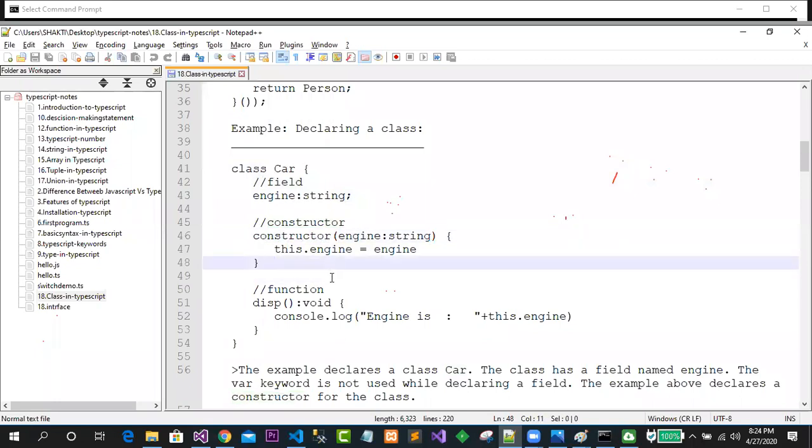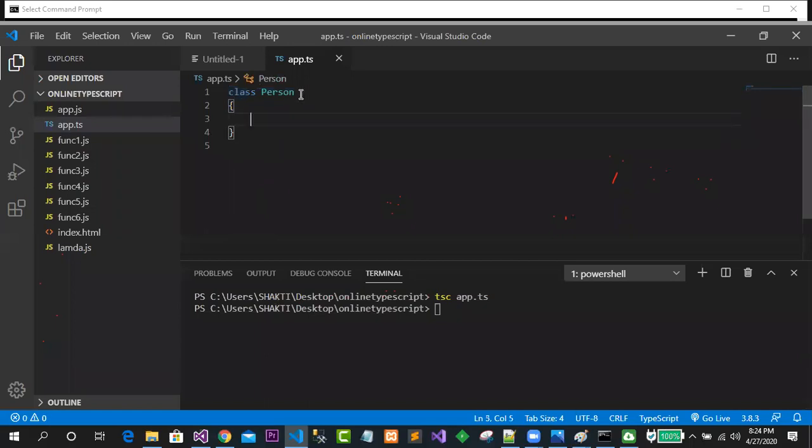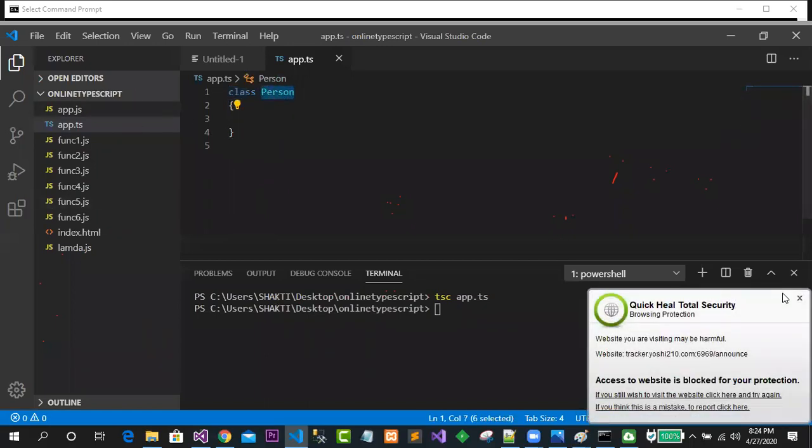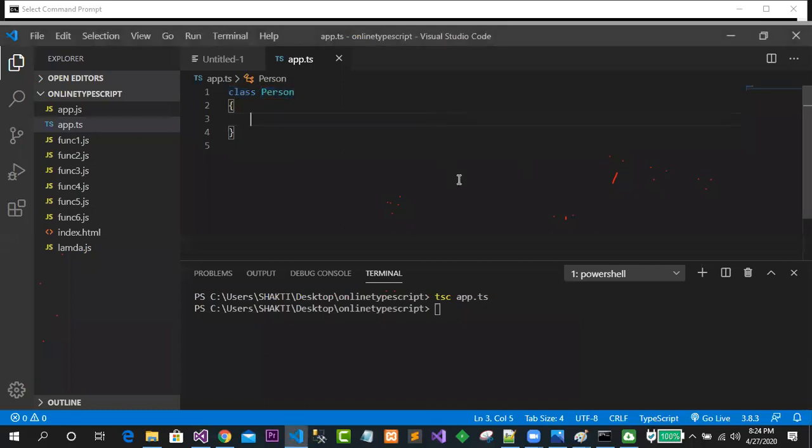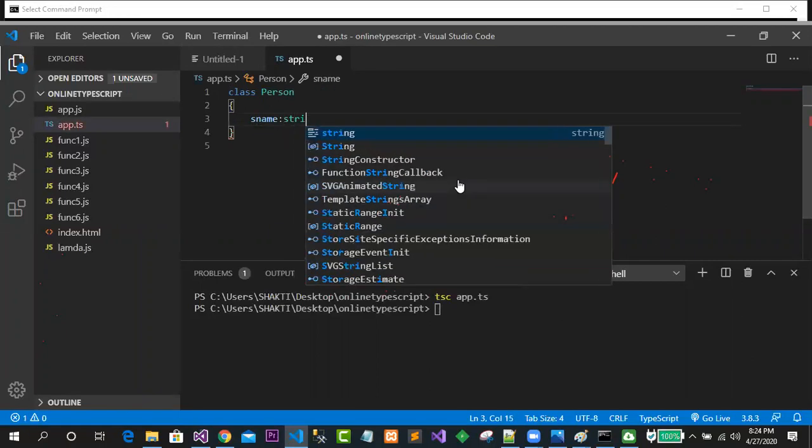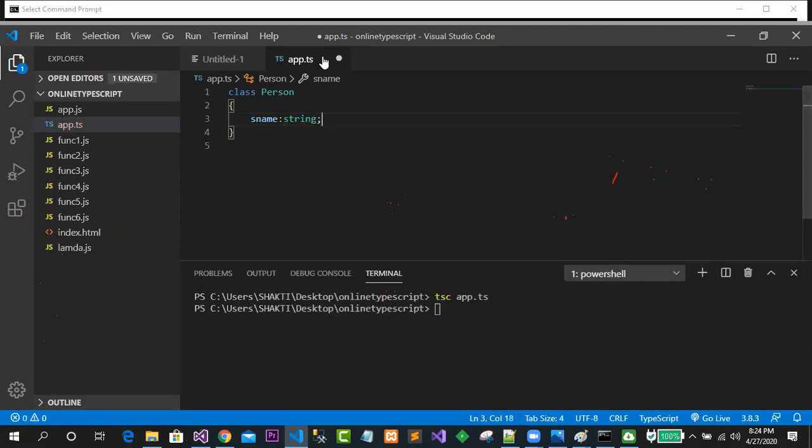But one may ask the question, sir, I have a habit of writing the constructor with the name of the class. Is it possible over here? Just see. Let's go for writing a property. First of all, name. Let's say this is sname, and it is a string. Clear up to this? Now there is no requirement of writing the var keyword over here. Let me take a constructor. Yes, the constructor function is here to use. But someone told me, sir, I have a good habit of writing the constructor something like this.